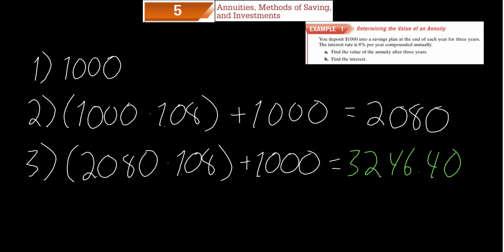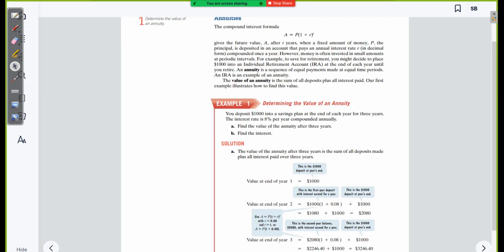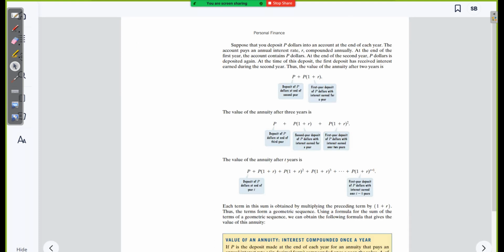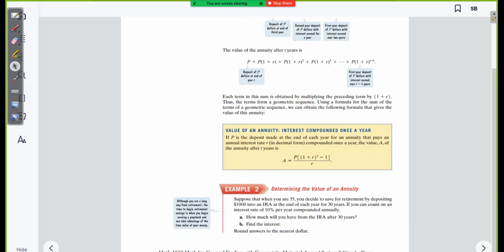But I was about to get on my soapbox here. If anybody finds a savings account that gives you 8%, please let me know. This is incredible. Any savings account I see is like 1.5 or 2%. It's ridiculous. You might as well just stick it in the stock market. I mean, the stock market is just crazy right now. Money is just being printed left and right, and yes, it does have to stop eventually. But not only this textbook, but every other textbook that I teach out of, they always go a little too crazy in terms of savings accounts and what percentage you have. But anyways, let's